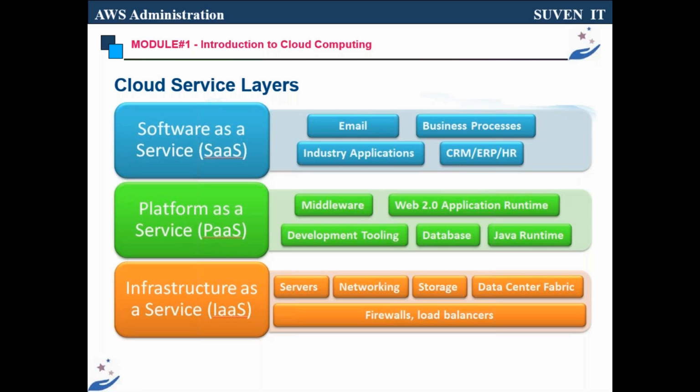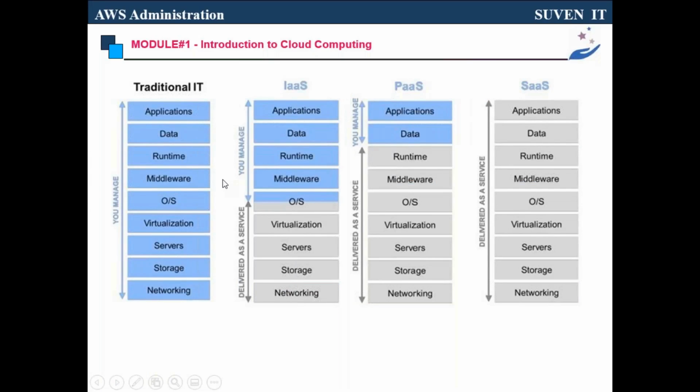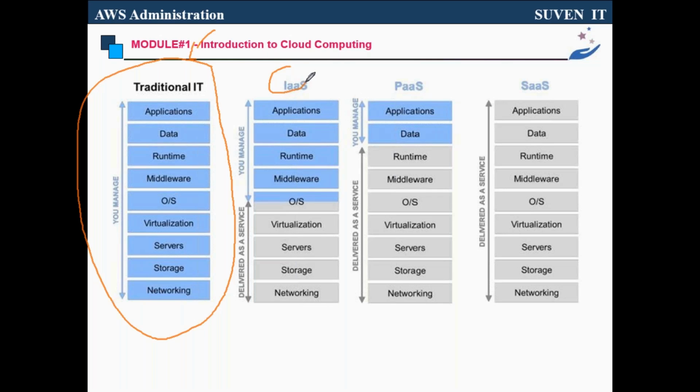Now you are very clear about the different layers of cloud computing and which layer you are working on. If you think about IaaS, PaaS, and SaaS, without cloud computing you need to manage all of your services on your own. That is the traditional model: your networking, storage, servers, virtualization, OS, middleware, runtime environment, databases, applications. So everything is managed by your own company. But if you migrate to cloud, if your company is implementing the IaaS model,